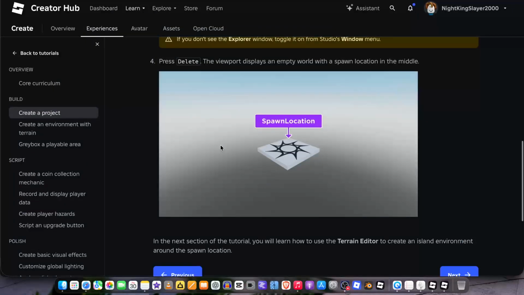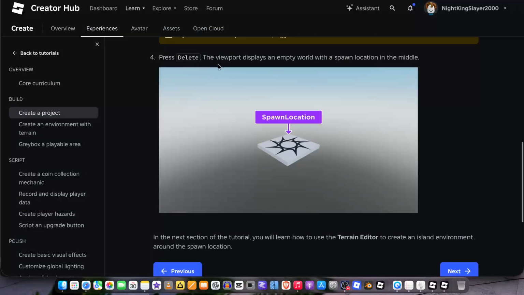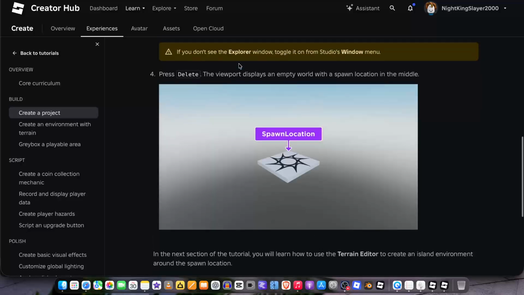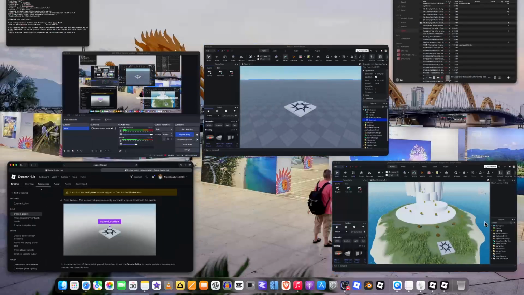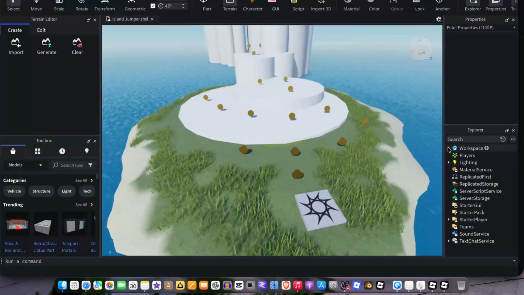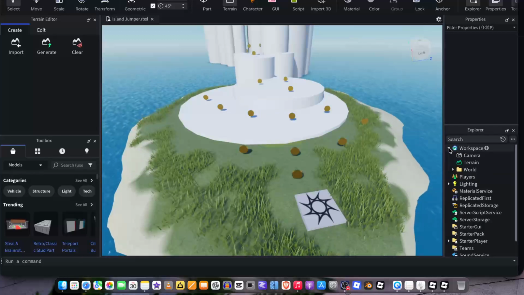All right, so press delete. So we're gonna delete that object. All right, so we have it selected. First, we go to Explorer window, which is in the bottom right. Click on the workspace to expand on it, the down arrow next to it, and then we select,